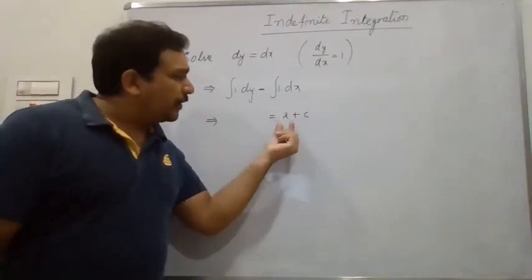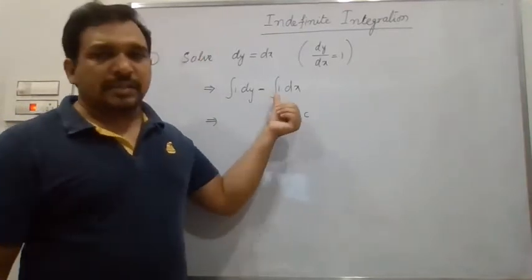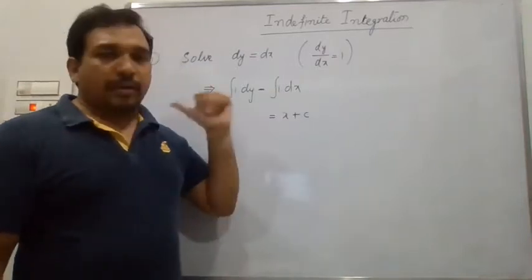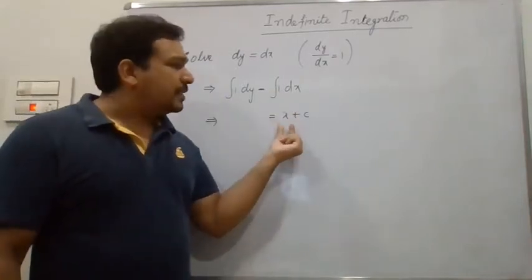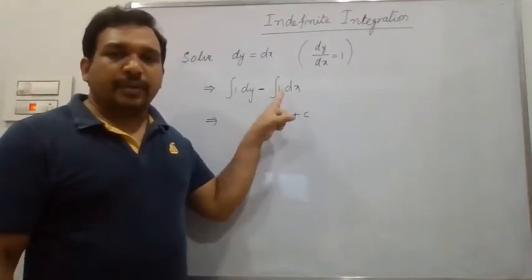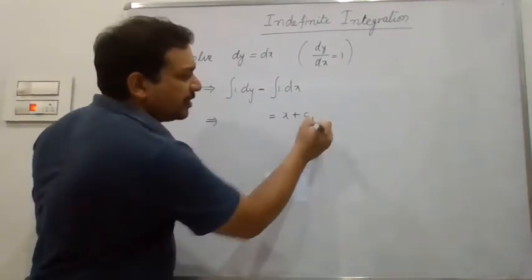If you do the derivative of x, it is 1. Or if you do the derivative of x plus a constant, then also the answer is 1. Or if you do the derivative of x minus a constant, then also the answer is 1. Means if you do the derivative of x plus a constant, then the answer must always be 1. Means the antiderivative of 1 is always x plus c. Some constant I am taking as some c1.